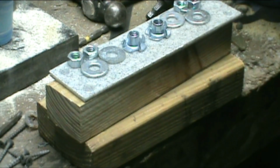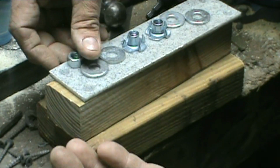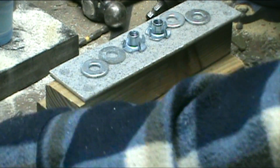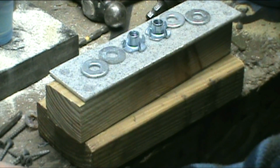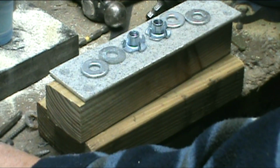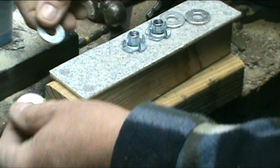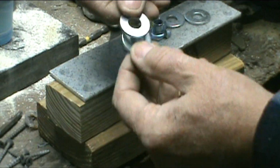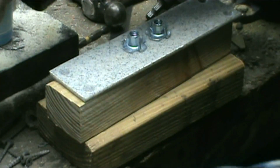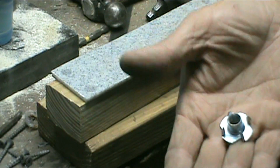Lord have mercy. Okay, I have 4 3/8-18 nuts. You feel free to use fine thread if you've got it, and you can get the nuts and everything else for the fine thread. It don't even have to be 3/8, but I like 3/8. I have 4 flat washers, also 3/8. Then I have 2 3/8